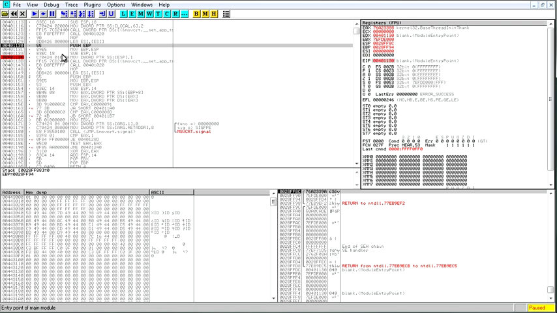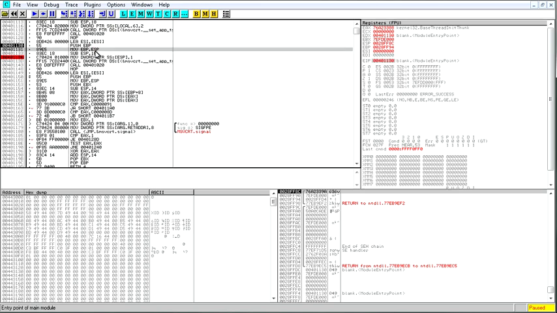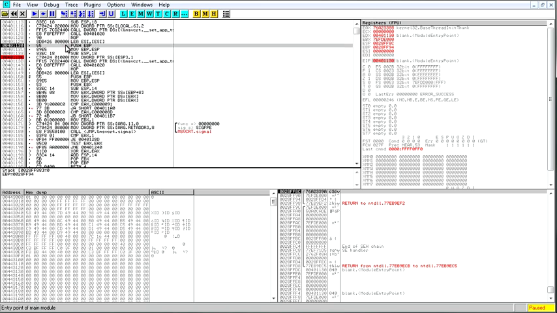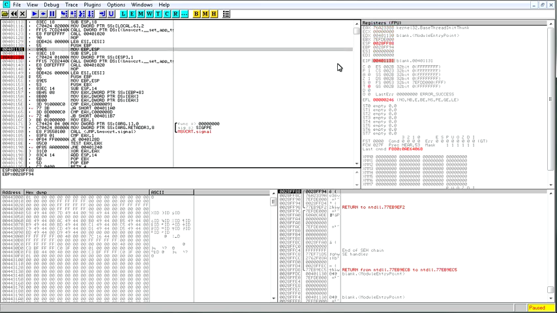If I hit F8, which we remember right here is step over, which step over means execute the next thing, but if it was a jump or a call, it would not go into it, it would go to the next instruction. I'll show this later. So if I hit F8, we go down one and our EIP changes.